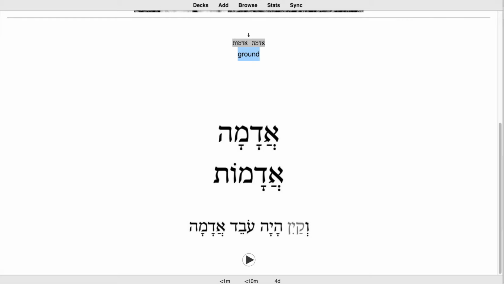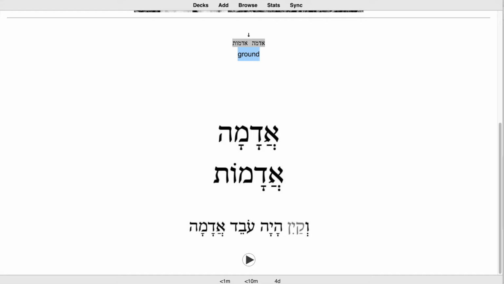Underneath, you grade yourself as far as how well you did. If you click Again, which has the shortcut 1, so you can click this, or you could just press 1, you will see this card again in less than 1 minute. If you say, oh, it's Good, which is shortcut 2, they'll show it to you again in less than 10 minutes. If you say, oh, this is Easy, you click that and they'll give it to you in 4 days. Okay, so make sure that you click what most accurately describes you. Don't click Easy if you're beginning to learn it, because you won't see it again for 4 days.